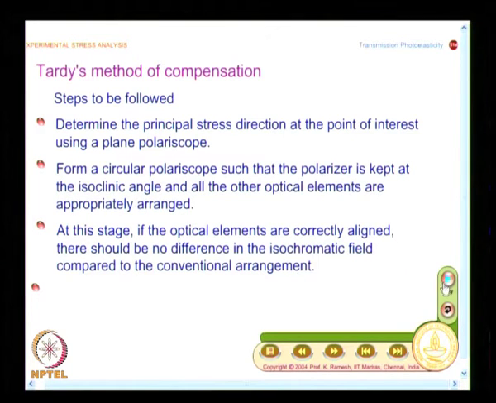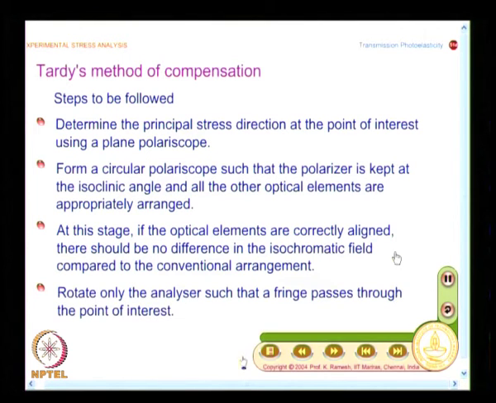When I have to analyze the model, we always say it gives a retardation delta, and it has the orientation theta. Suppose I take the reference axis as the principal stress direction at the point of interest, theta becomes 0, and this makes your calculation very simple and fast. So, making a circular polariscope also helps you in your mathematical analysis, the theta becomes 0. This is the important step that you need to understand.